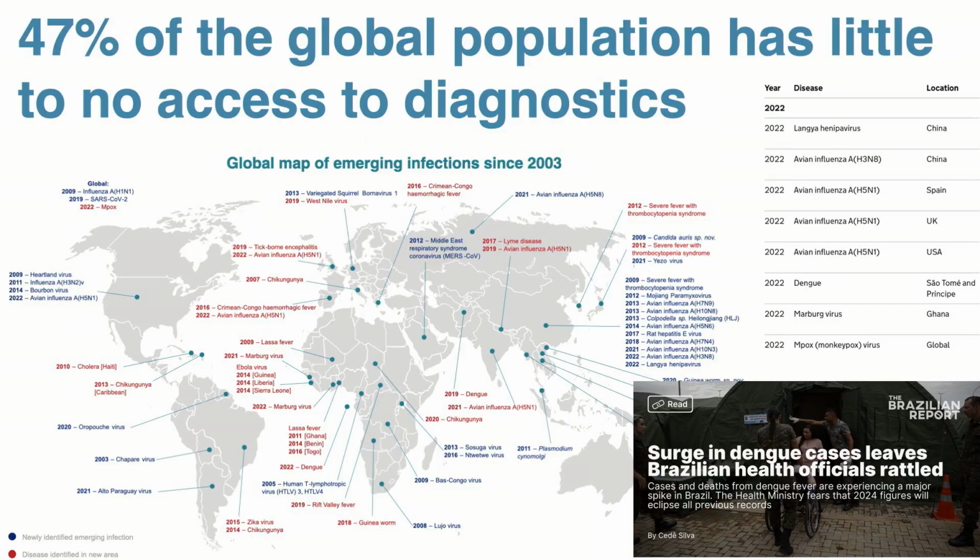At that time, I didn't understand much of what he was saying, but he was really talking about pandemics and the fact that most of our diagnostics technology does not scale to the rapid-fire increase in infectious diseases that we actually see. I took that to heart, and even today, when I think about it, even post the COVID era, 47% of the world population actually has no access to appropriate diagnostics. That's half the world. How are we supposed to believe that what just happened is not going to happen again unless we have the tools for half the world to be able to have any basic diagnostics?